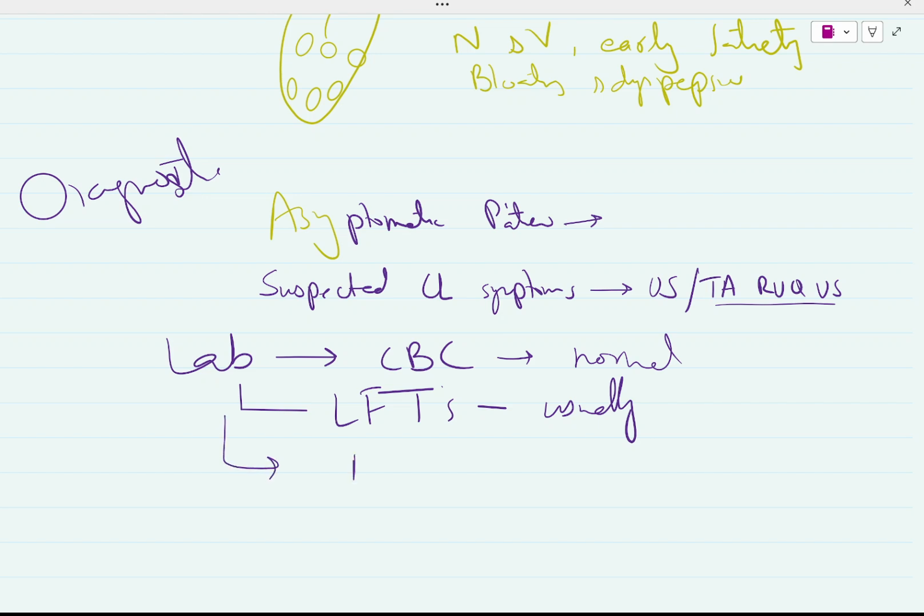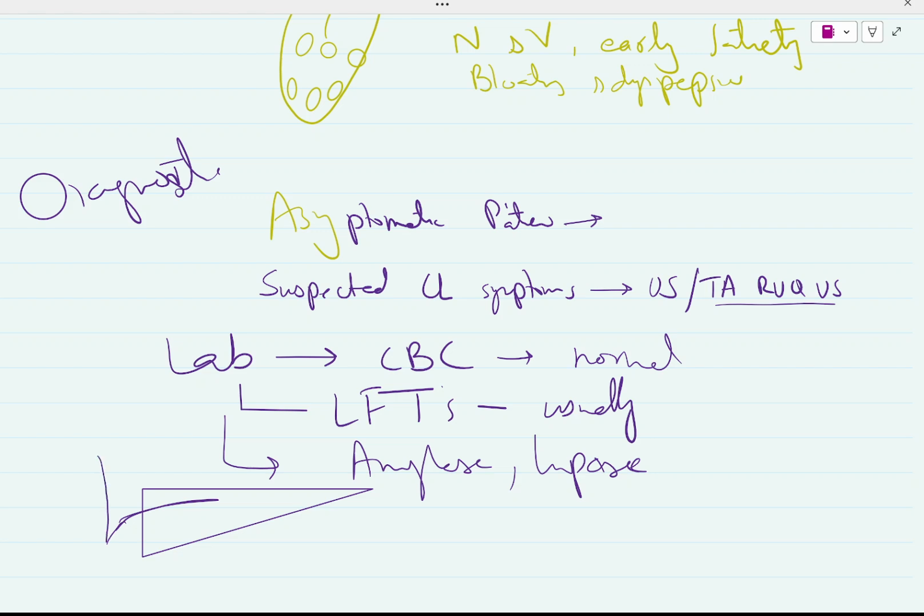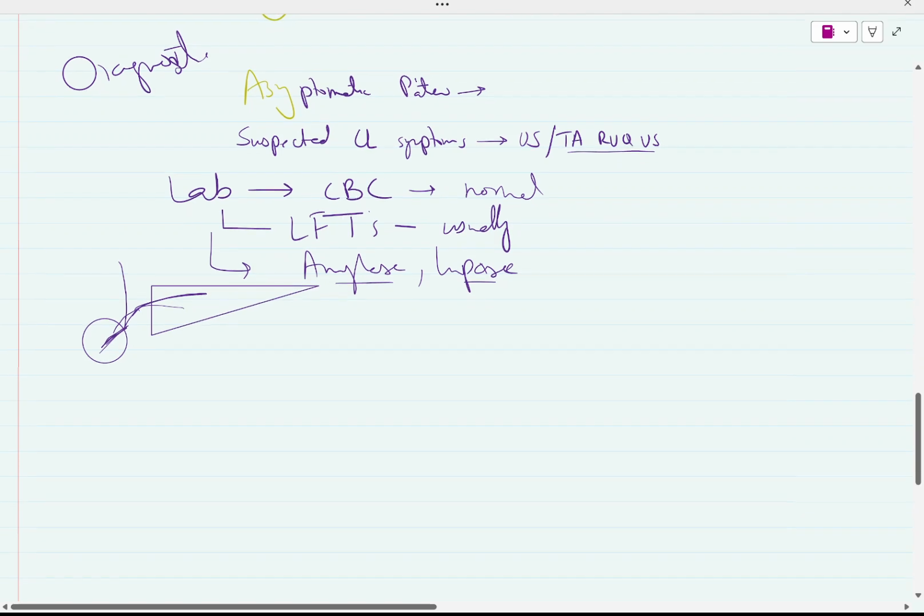So next test is to check whether the pancreas is working normally or not, amylase and lipase. So why are we going to perform amylase and lipase? Usually, as you have seen, there is a pancreatic duct coming from all over the pancreas that connects itself with the common bile duct and enters the duodenum. So you get it. Amylase and lipase from the pancreas also come to your GI tract. So we are going to check whether the pancreas is working normally or not. In cholelithiasis these are usually normal.